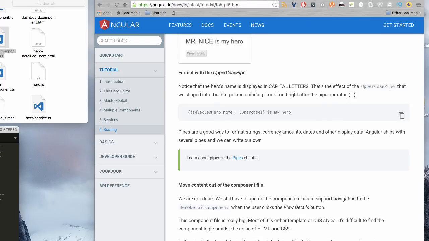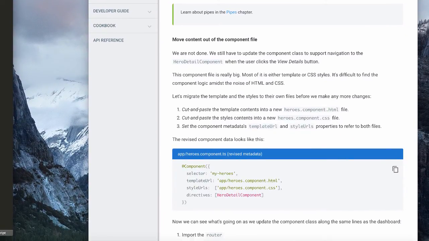We still have to update the component class to support navigation to heroes new when the user clicks the view details button. This component file is already big and most of it is either template or CSS. It's difficult to find the component logic amidst the noise of HTML or CSS. Let's migrate the template and the styles to their own files before we make any more changes. Cut and paste the template contents into a new